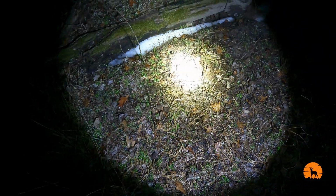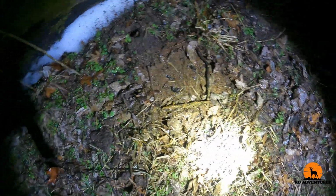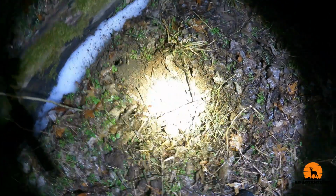Well, there's the first trap set right there. Nothing has been touched. Still looks good. I can kind of see my trap pan. You can see where my peat moss has settled down some. I'm hoping that as this dries out, it'll reset fine. Over here,